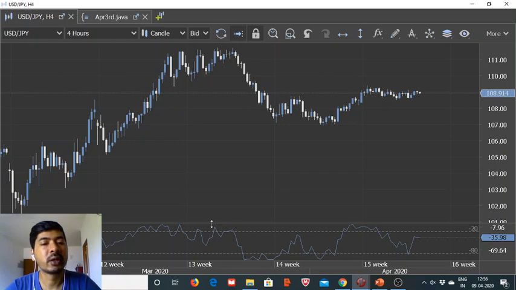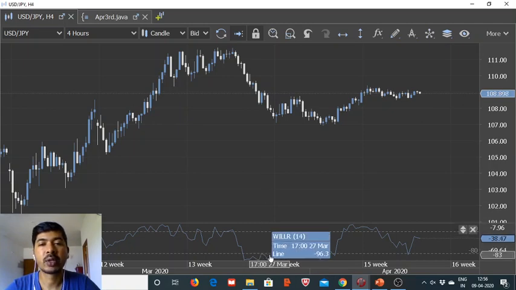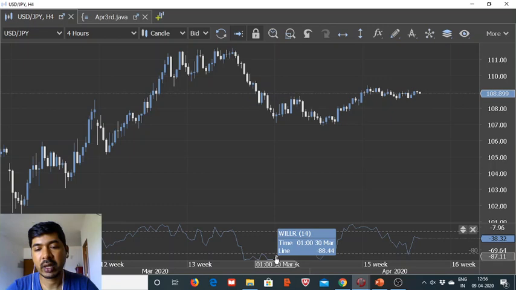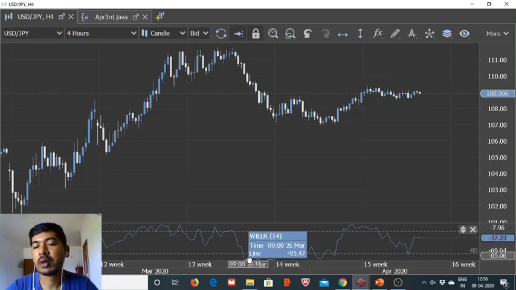So in both of these times, the underlying instrument has been in overbought or oversold territory for a considerable amount of time, and even after that it is still continuing to fall, and just when it shows some signs of reversing we would want to lap up that possibility, and that's what we are trying to do in today's setup. So we will be checking the current value of the Williams R and the values a day back